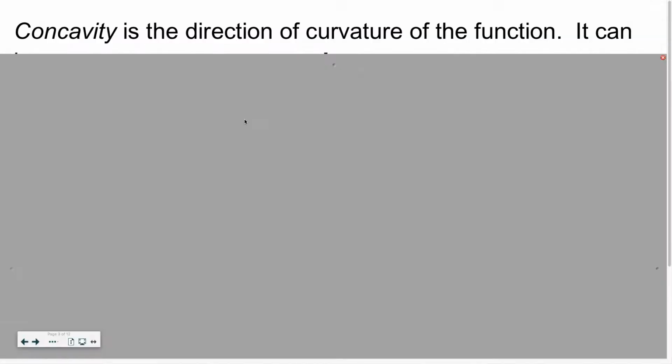3.4, those of you who like to label. Okay, we're going to talk about 3.4 today and tomorrow. Okay, so